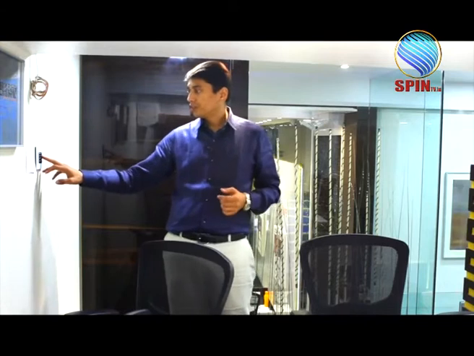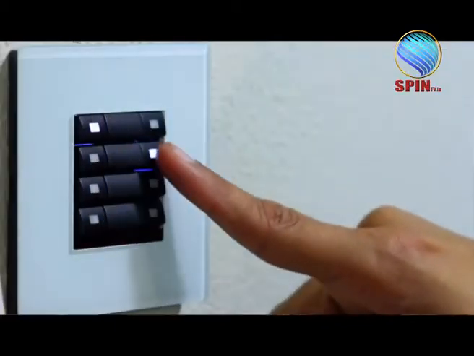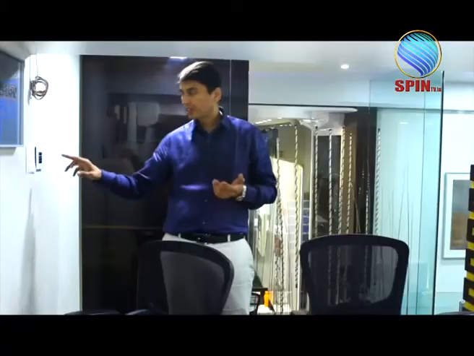Now, if I want all the yellow lights on, I just press this button. The yellow lights come on, and when I want only white light, I just press one button and the white light comes, which is again a discussion light. So there is a mood light, a discussion light, and an ambience light, all with just one touch of a button.